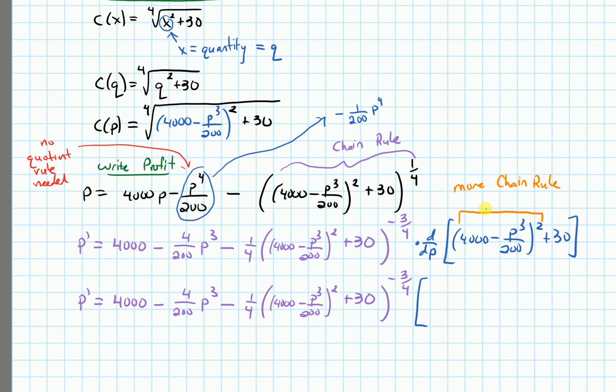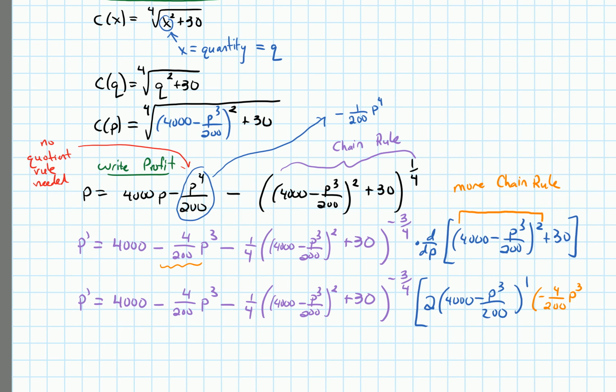So chain rule says deal with the outside first. Bring that power down, and then my new power is going to be a 1 because I subtract 1 from the exponent. When we do that, keep the inside the same. So keep the inside as 4000 minus p cubed over 200. And then we multiply by the derivative of the inside. So the derivative of 4000 is 0. And the derivative of negative p cubed over 200, we've already done that once. That was here. So that's negative 4 over 200